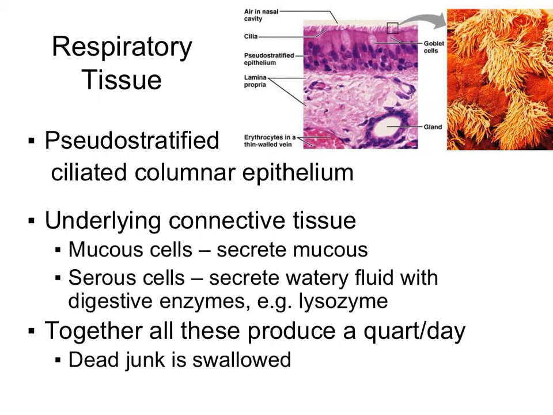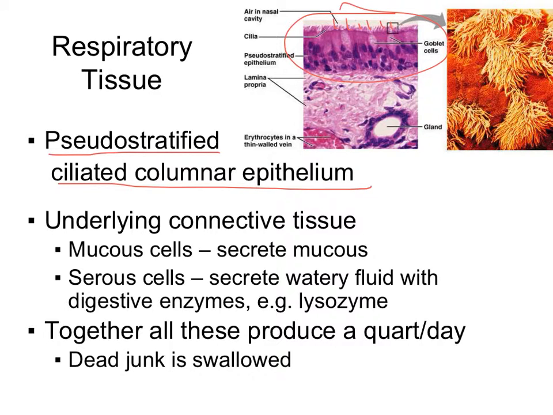The respiratory tissue, you may remember from our histology tissue, there's a special kind of tissue that lines our respiratory tract, and it is pseudostratified ciliated columnar epithelium. And this is what it looks like right here. So pseudostratified just means it looks like it has more than one layer, but it doesn't. Ciliated means it's got these little cilia that are on here. Columnar means the cells are long and tall, and epithelial just means it lines